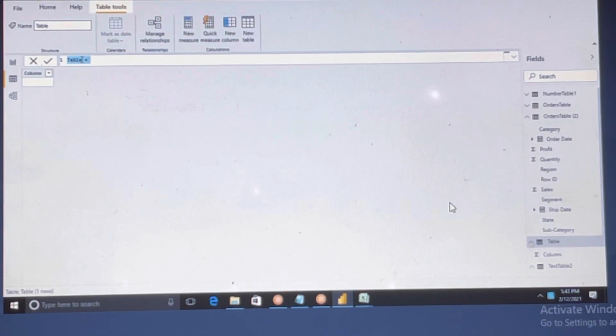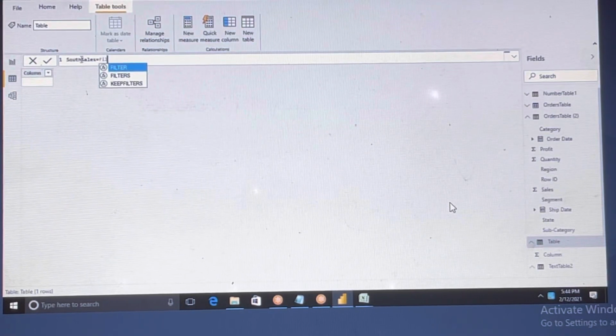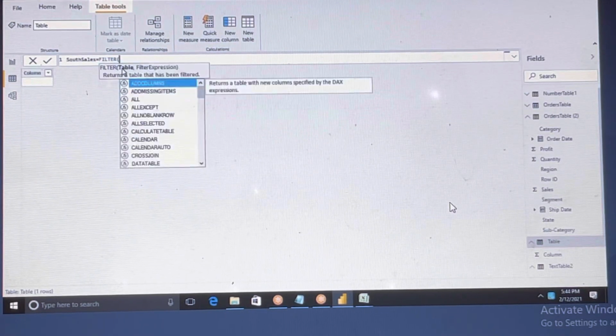Let's say, what we have selected, we haven't selected so far, South sales. I'm just giving some name. South sales. You can have that filter. Then we have to use the table name.